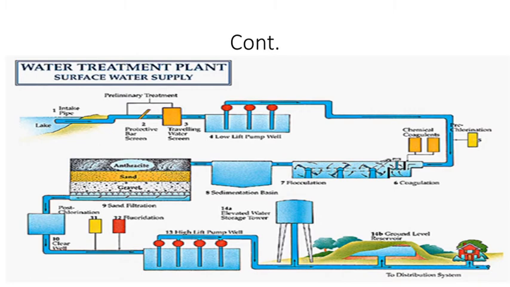Pre-chlorination is for the removal or killing of the bacteria. You can use both post-chlorination as well as pre-chlorination, but mostly we prefer post-chlorination after the complete treatment of water. After that, we add the chemical coagulants, alum and lime, and the clariflocculator, which is used for the mixing of chemicals, is called coagulation and flocculation. After that you can see the sedimentation basin.